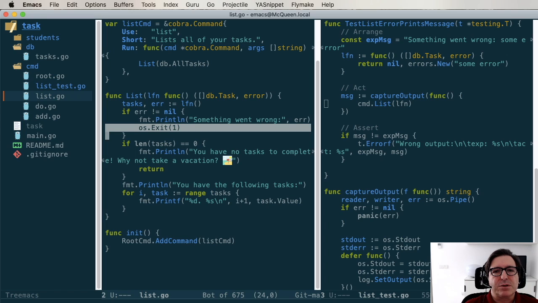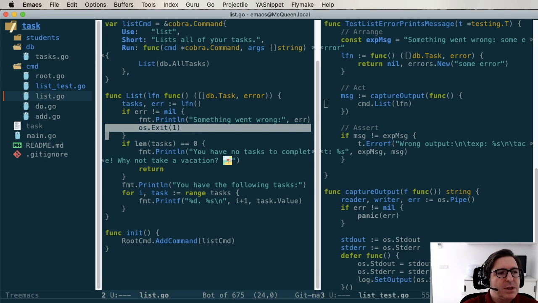Having an exit in a function is not a very good idea. Why? Well, it's very similar to when you have employees and you ask them to do things, and if they find any problem, if they cannot fulfill the task, they just stop and don't tell you anything. This is not what you want. You want them to report to you to say, hey, I couldn't do this because of that reason. Exactly the same when I run this function, in this case, the list function. If anything goes wrong, I want it to tell me that it went wrong,